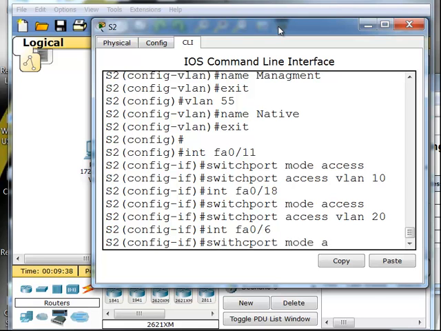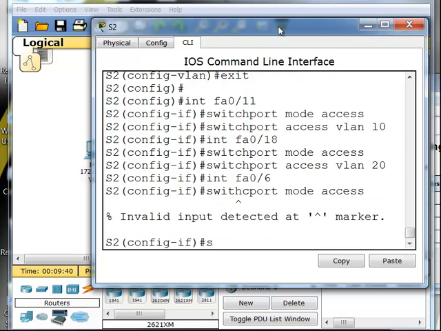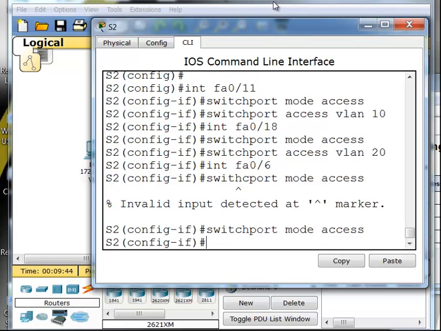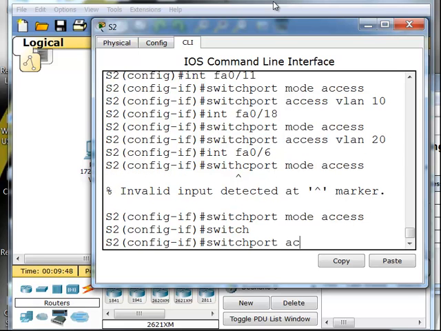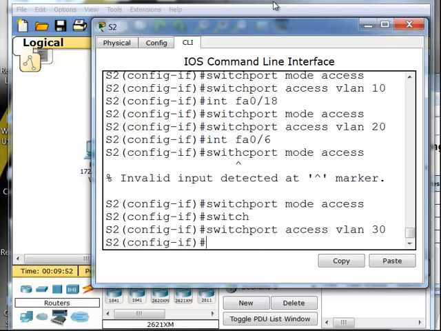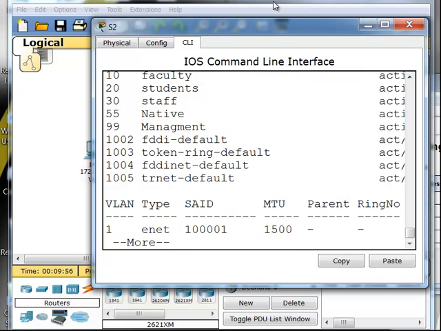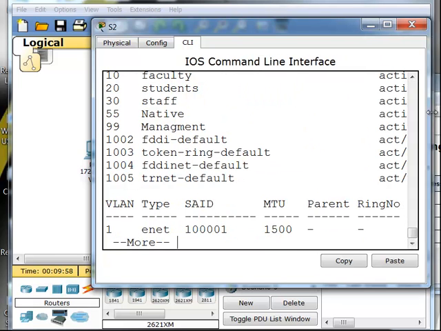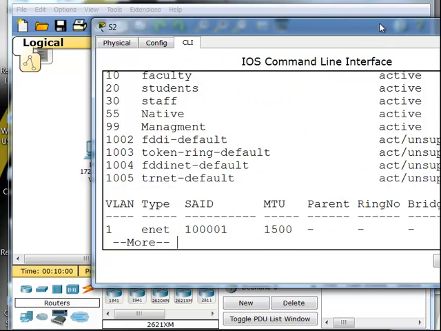Switch port mode access. Switch port access VLAN 30. So now if I type in do show VLAN, I can see that I have ports associated